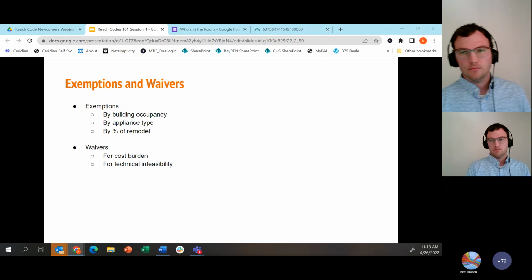So that's not uncommon, but also using that same kind of mechanism to allow for those unique occupancies to think through and do some research of their own.